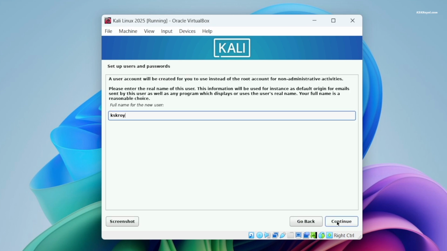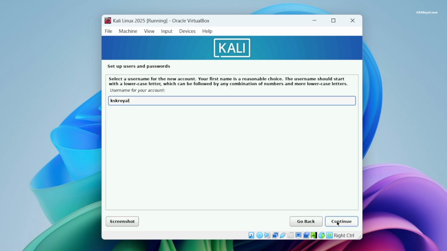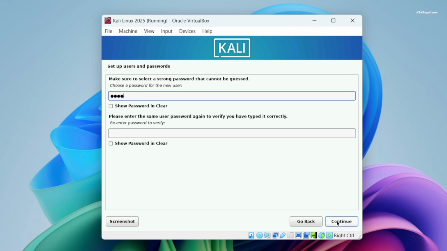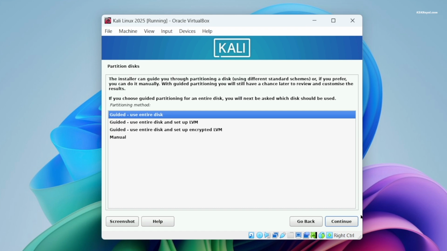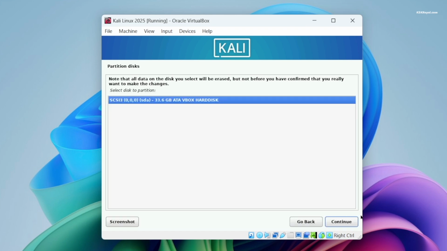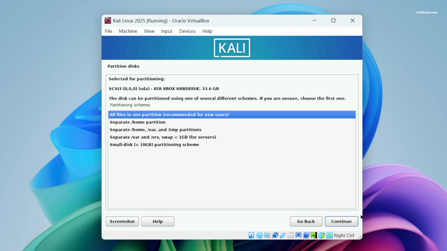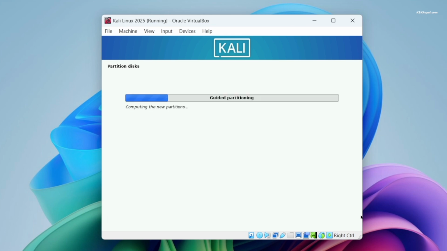Then create a user account and password. Now choose to use the entire disk. Then select the virtual disk, choose all files in one partition, and finish partitioning the virtual drive.